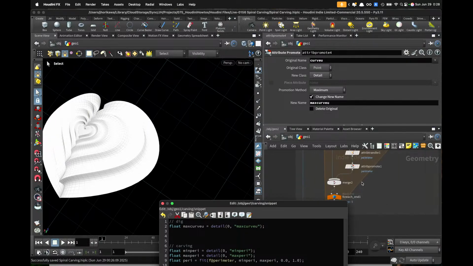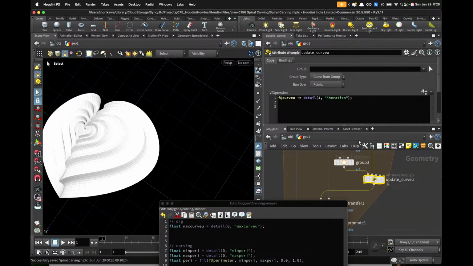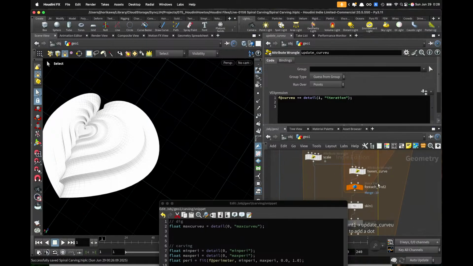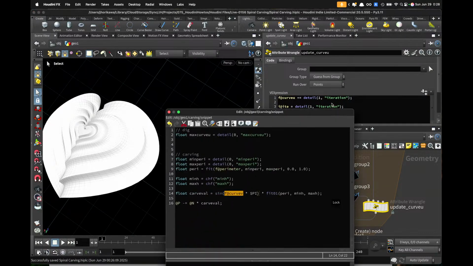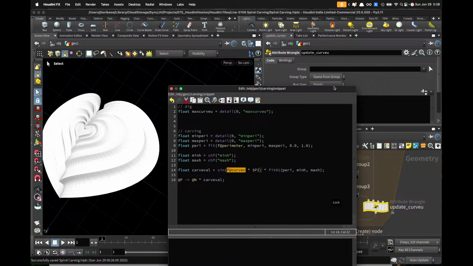Let's go back to a for each loop where we are updating a surface point attribute. I am also going to add an iteration value so that I know in which iterations the surface is being created. Okay. All right, so now that I have it,